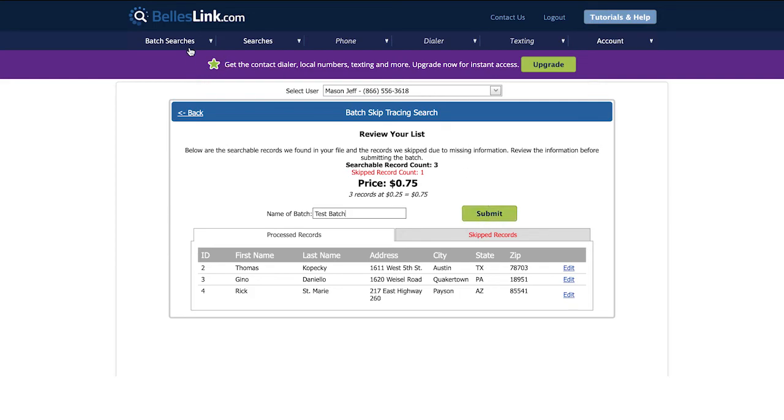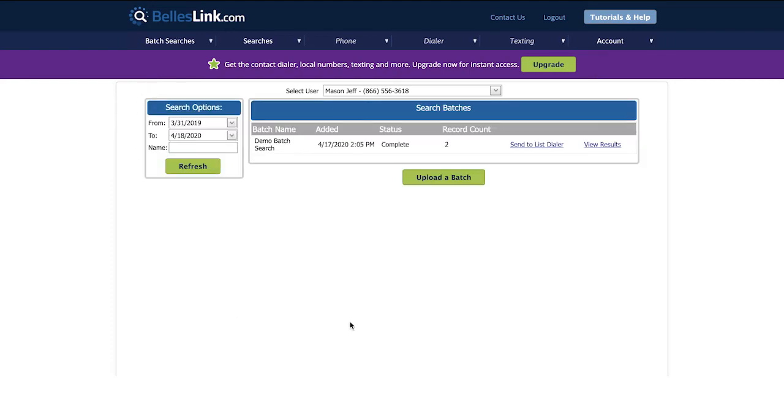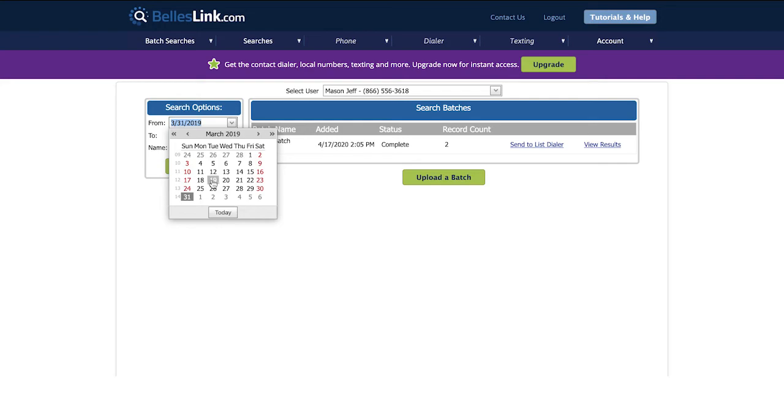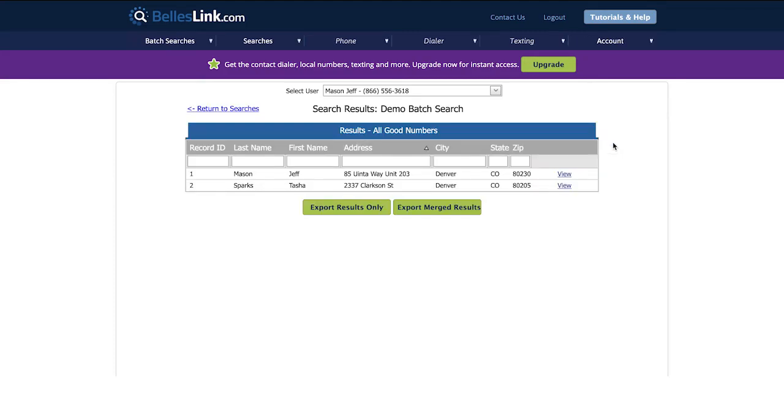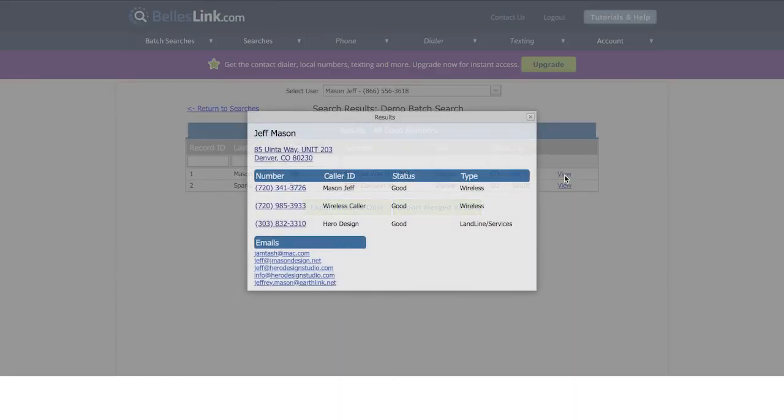So let's take a look at that. Results will come right here into batch search results, and there'll be a list of all your batches run. If you don't see a batch, it may be because the date range is too narrow and you just need to open that up. Here's a batch that I've done, and I can click to view the results. Just 2 records in this one. I can view an individual result and see the address that came back, the phone numbers, and the emails for